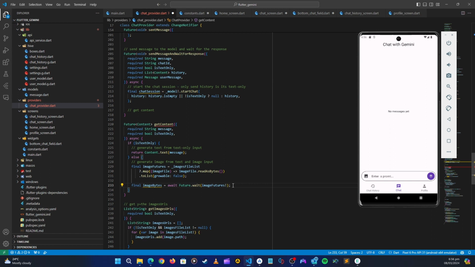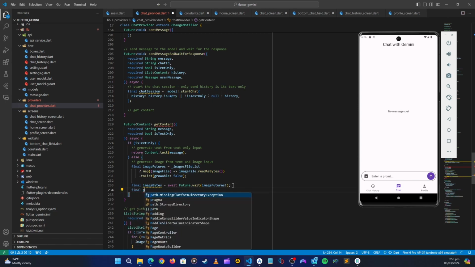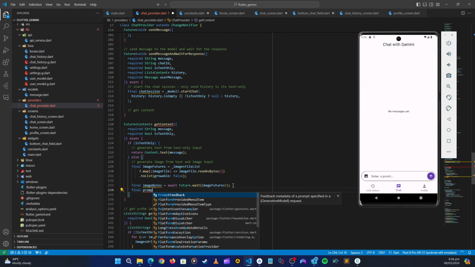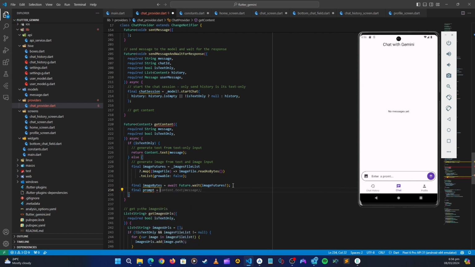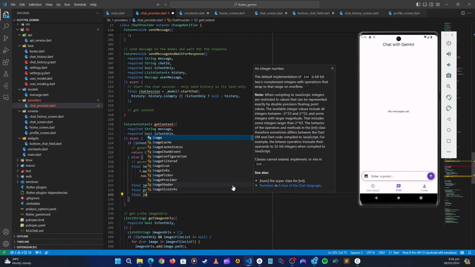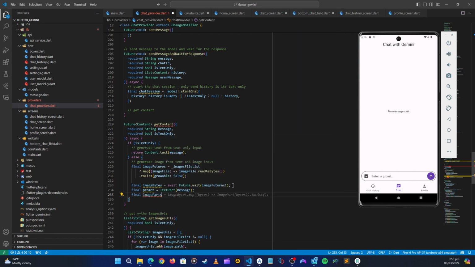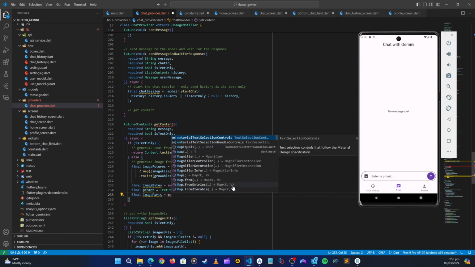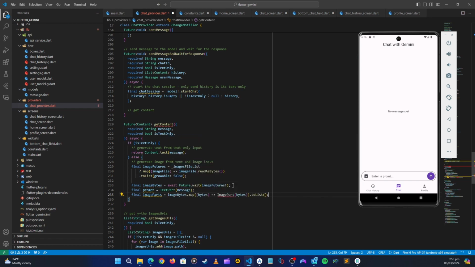So what we're going to do is say final prompt is equal to TextPart. So here in the TextPart we are going to put the message, and that's it. And then now let's get the images. So final image parts is going to be image bytes. So here let's just watch it carefully. So it's going to be image bytes dot map